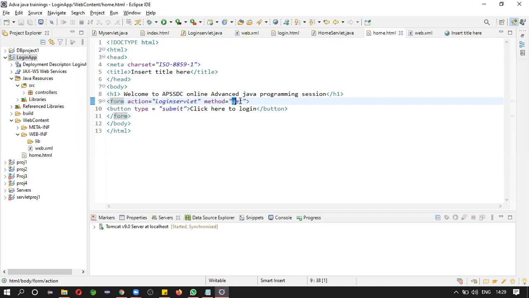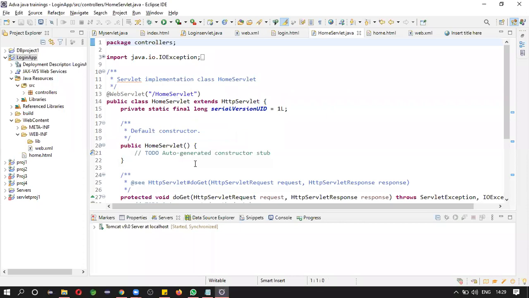What is the type of method? Type of method is get. Do you have login servlet? No, we don't have login servlet. So let's create login servlet. Or else home servlet.